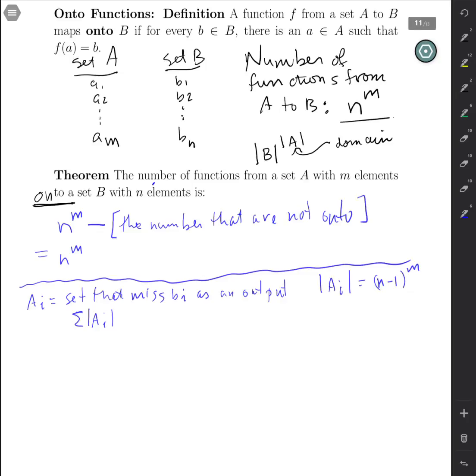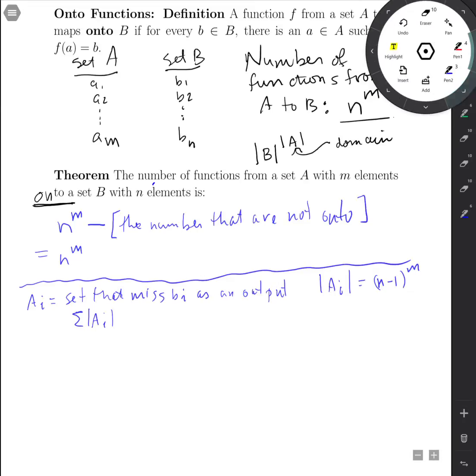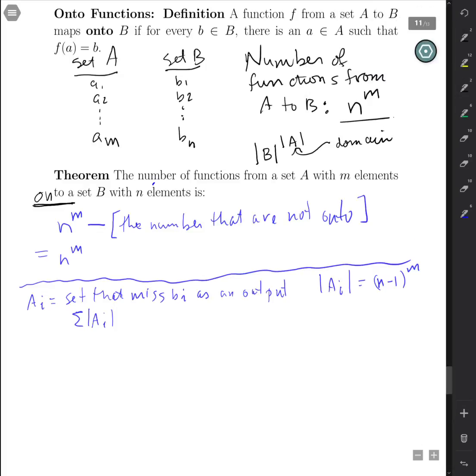We'll use inclusion-exclusion for another example, in this case counting a certain type of function. Just as a reminder before I get into the definition, if we have a function that's defined from a set A with elements A1 through Am, to a set B with elements B1 through Bn, N for narwhal, I think we said,